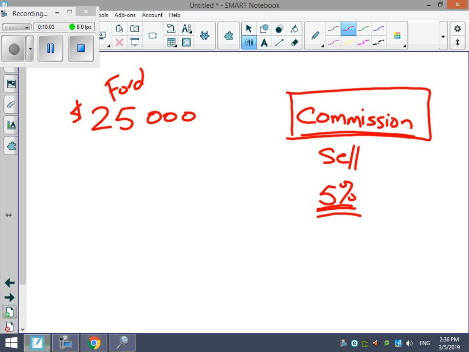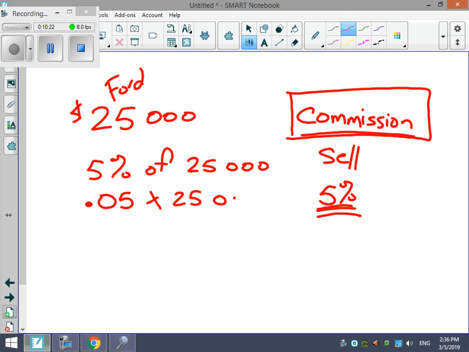Now, 5% of a number, it's still going to be 5% of 25,000. And 5% as a decimal, oh, please be careful. It's not 0.5, but it's 0.05. You multiply that times the price of the car. And if you were to put a little equal sign there, 5%, decimal 0.05 times 25,000 is